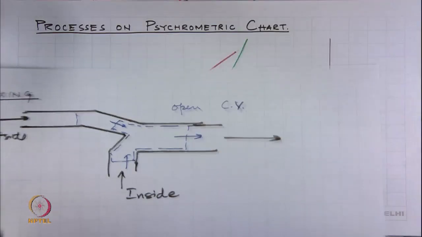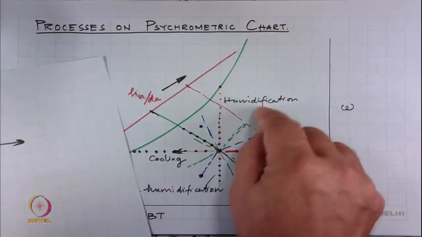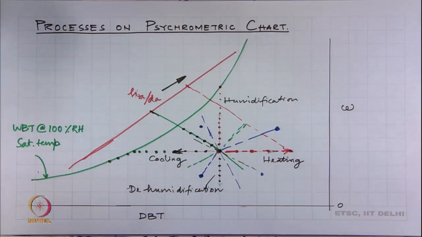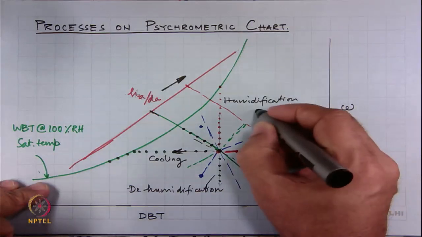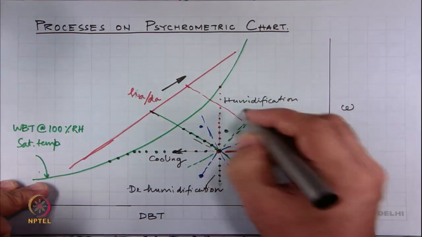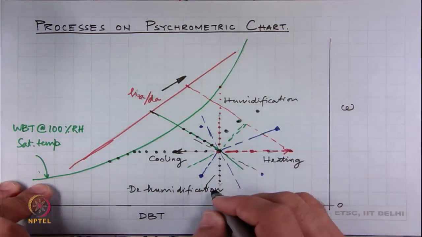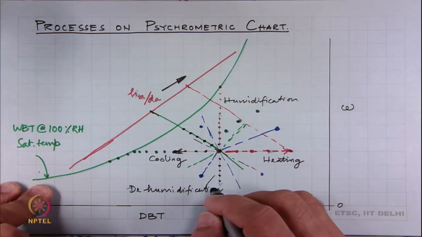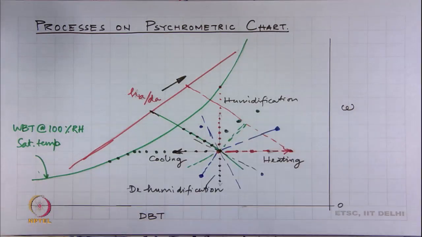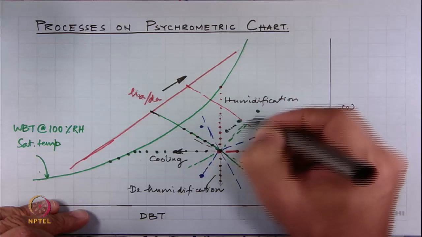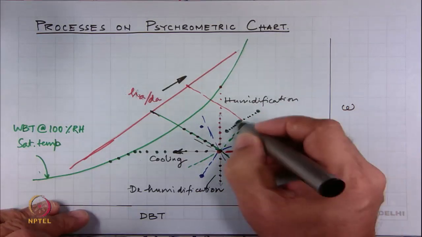We can see this mixing operation on this. There will be 2 states, and the third state comes in between. So, this is air coming at one point, air coming there, and this is, say, a third point coming there, where we cannot draw the process by a solid line because it is mixing. Mixing is an irreversible process. So, we can say that this is happening there, and this comes from there to there, and this is the final state.